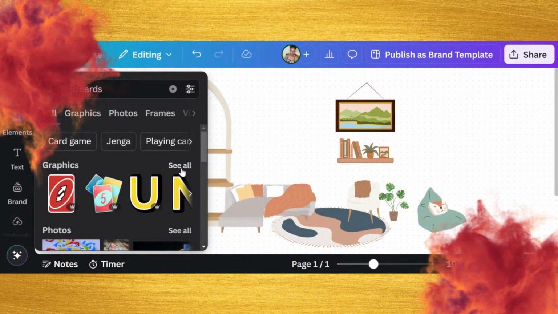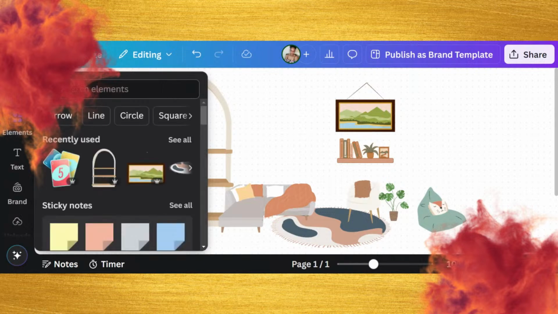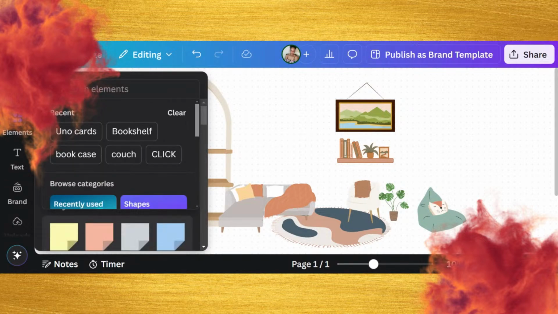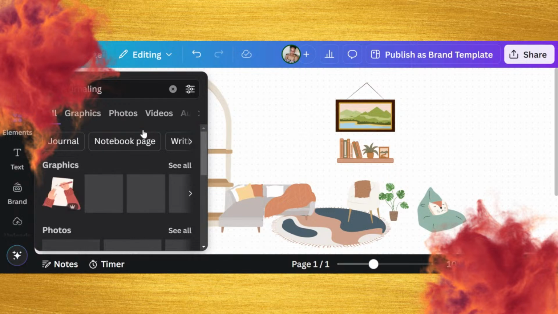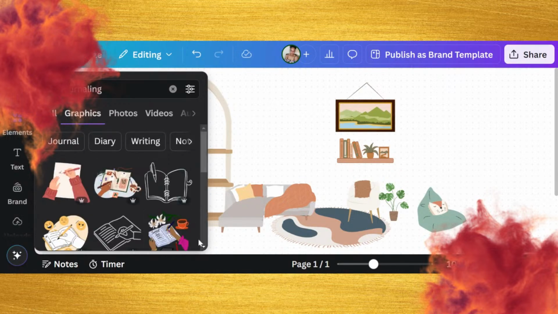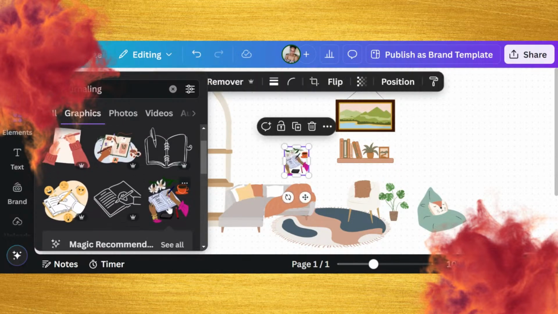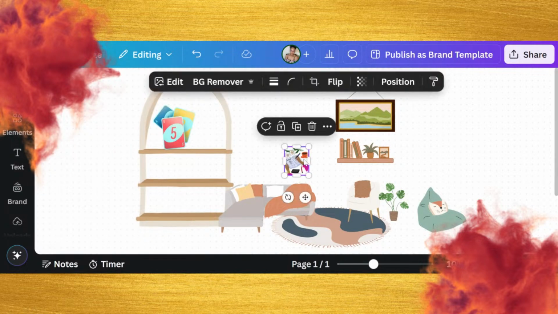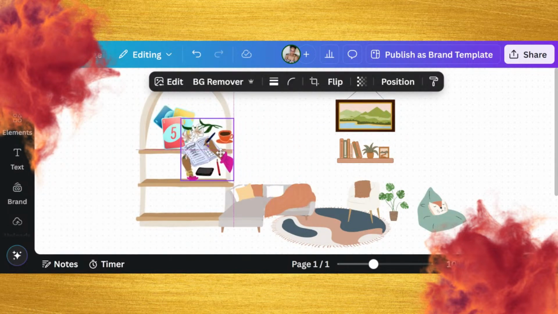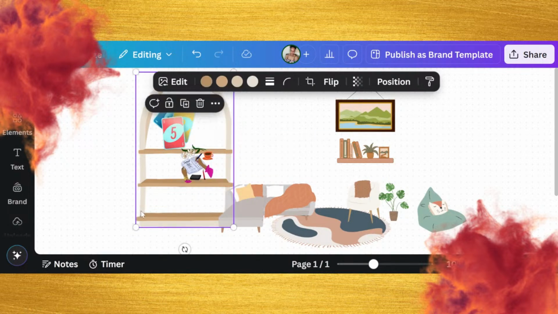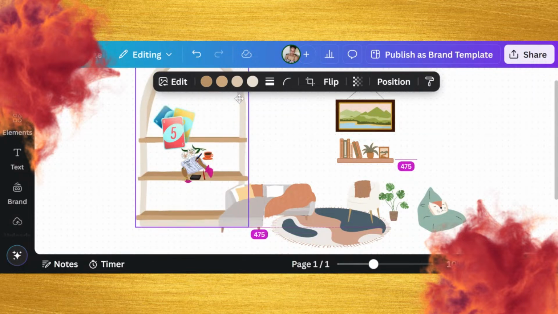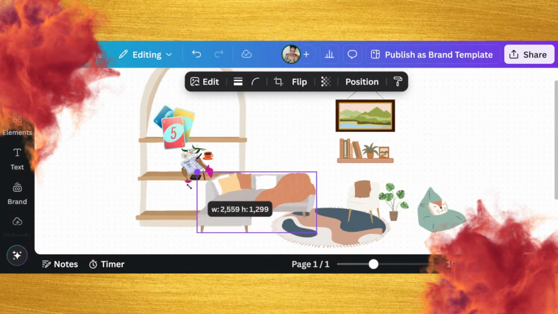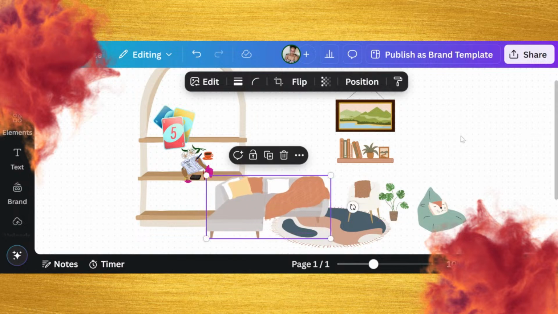I don't know. We might have a client who likes... I think I had a journaling hand. I did. So you might have a client who likes to journal or something like that. And you can link a Pinterest board. I kind of want this bookshelf to be a little bit bigger now, and then back. That's so big compared to the couch. But look,